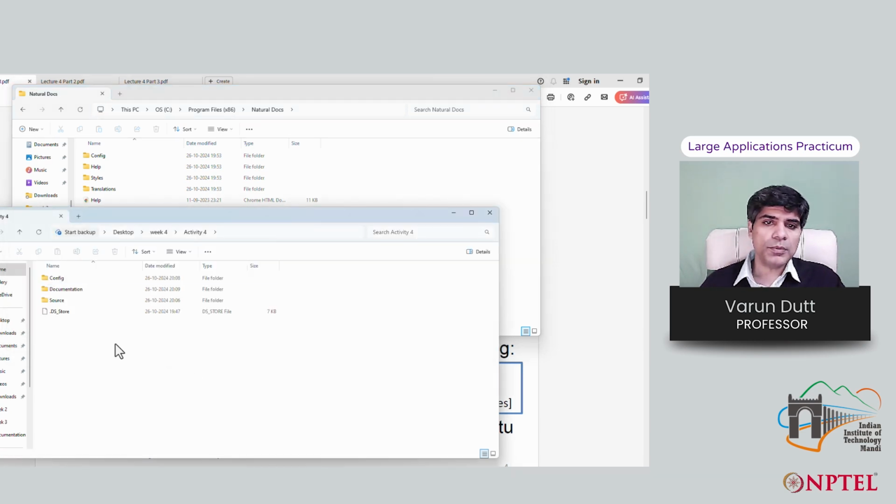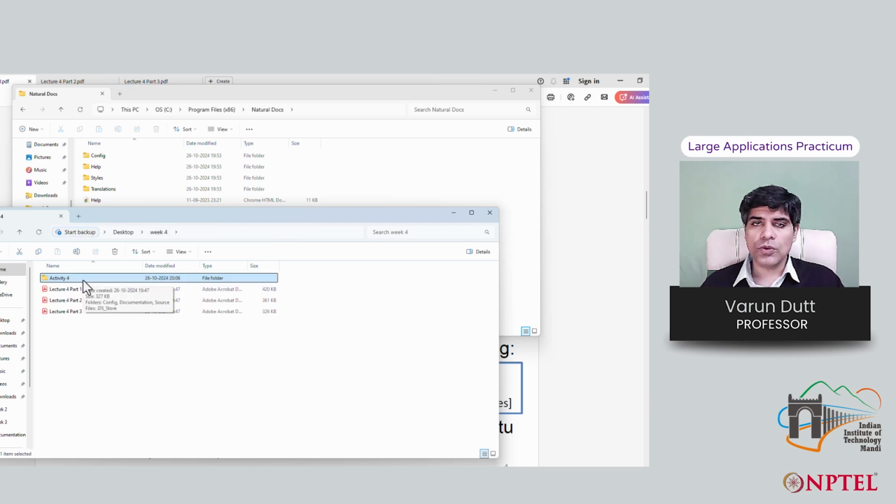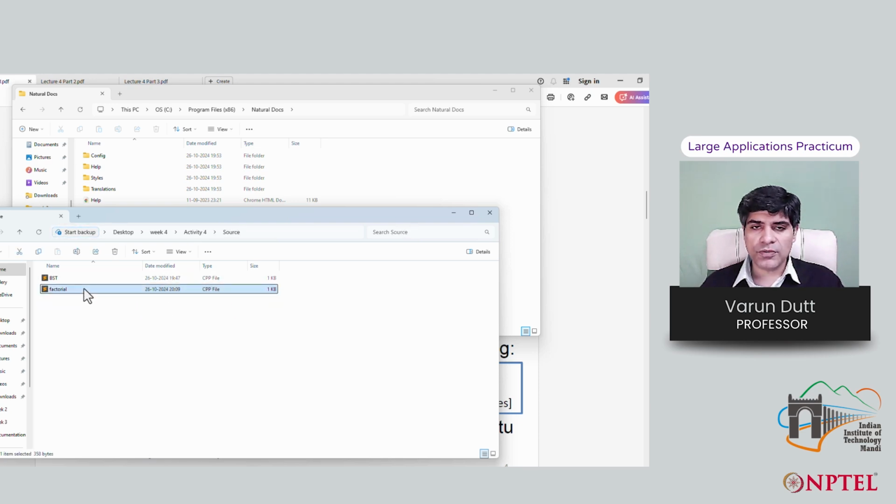For this purpose, I am in week 4 and I already have an activity which will be shown at the end of the lecture. This activity consists of 2 C++ files, one which is a factorial calculating program and another which is a binary search tree program. The idea is we need to create documentation for these 2 files.